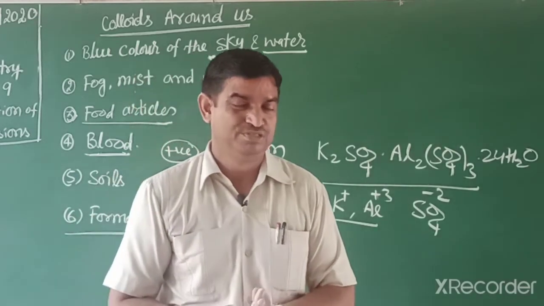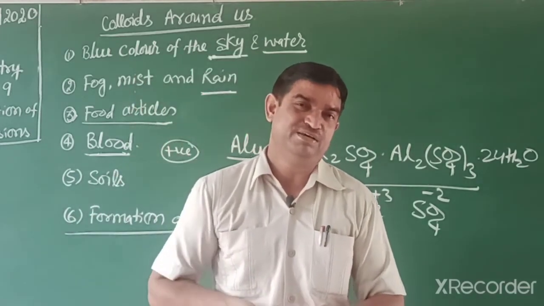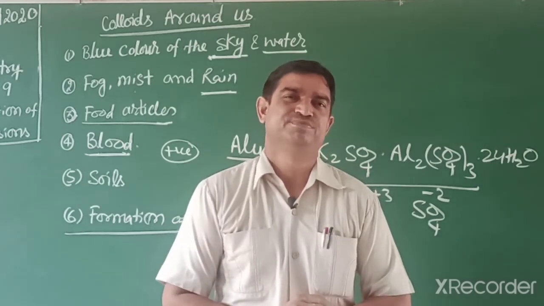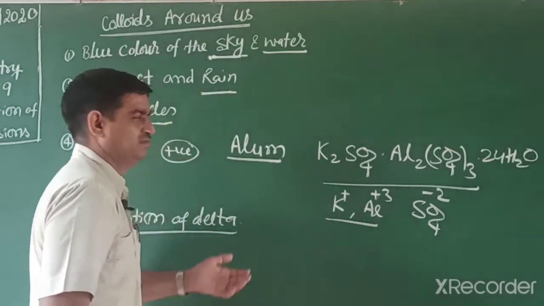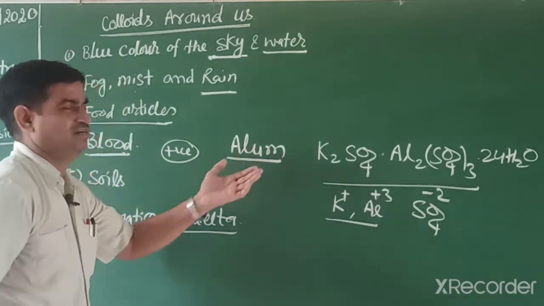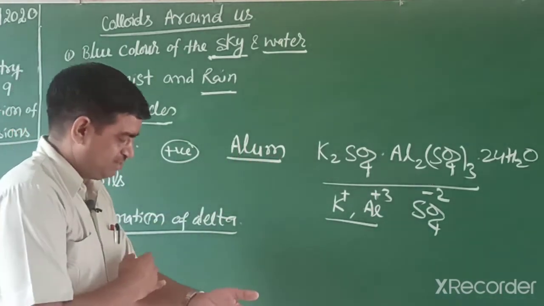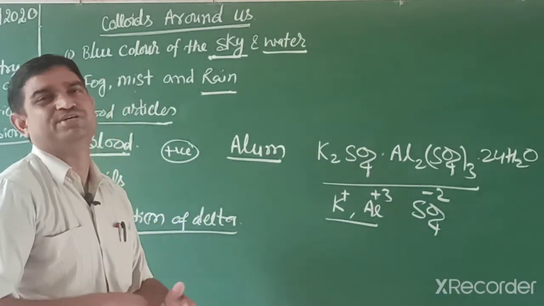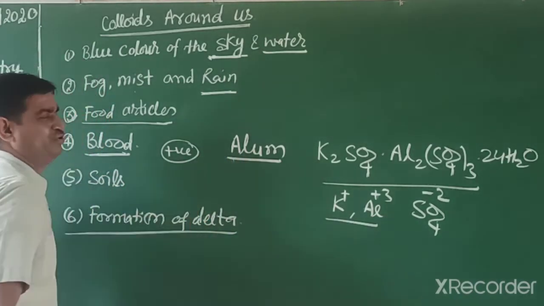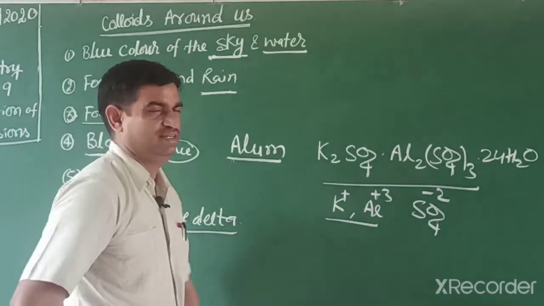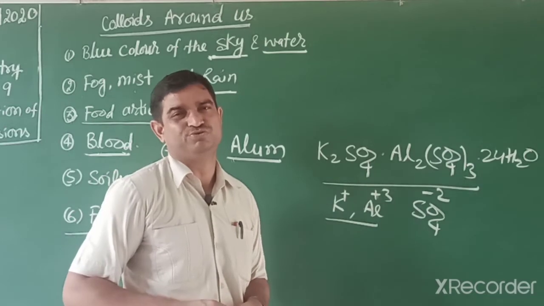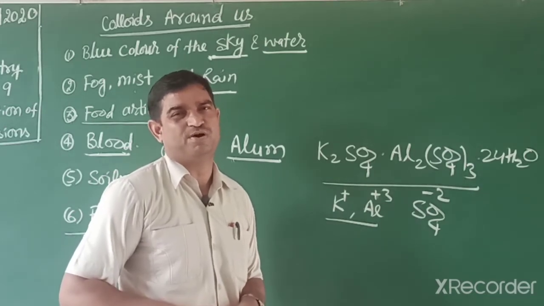Sometimes the question comes, why do they apply alum when a person is cut during shaving? They use it for another property also. It is an antiseptic and destroys microbes, and blood released from our body or capillary can be harmful, so we use this coagulation. So the chemistry behind this is that these salts coagulate, and according to the Hardy-Schulze rule, the oppositely charged ion with the highest valency is effective.